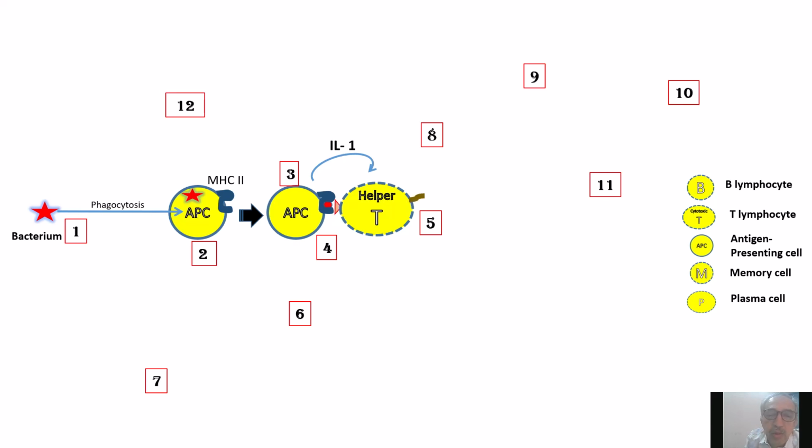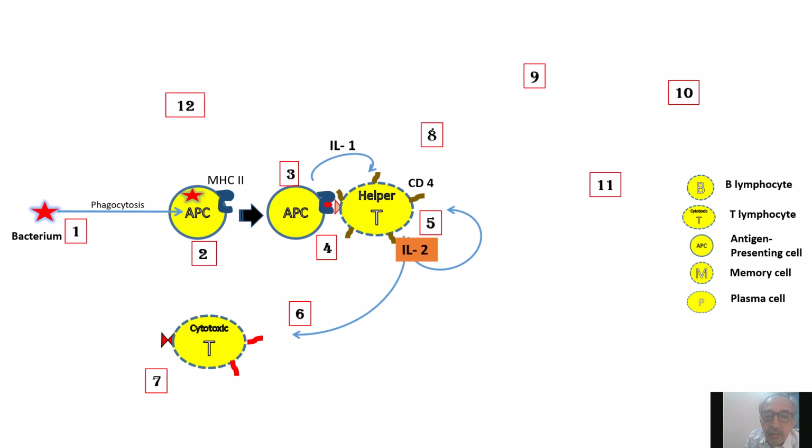So there's an immunological synapse here. This is the helper T cell, and the helper T cell secretes interleukin 2, which has an influence on itself. This is called the CD4 cell. The CD4 cell now activates the cytotoxic T cells. These are all different types of T cells. Helper T cells we have seen, cytotoxic T cells, which is also called a CD8 cell. Number 7